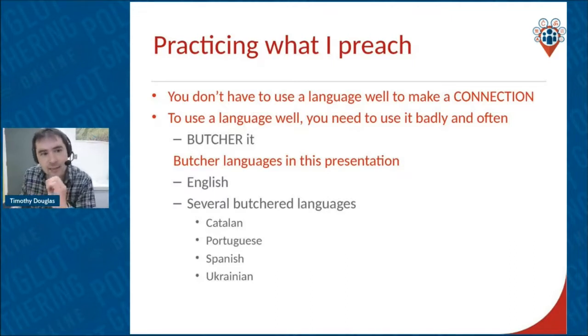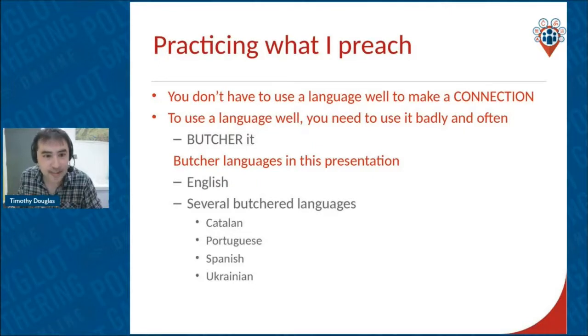And the other reason I want to speak languages badly is because you have to speak languages badly and often if you want to speak them well. So there's no getting around the butchering. You have to, and if you enjoy the butchery part of language learning, I think you will make progress more quickly. And so I'll practice what I preach. I'll butcher languages in this presentation. Firstly, English, my first language. I don't speak English perfectly, even though it's my first language. So I think, why should I be worried about making mistakes in other languages if I can't even get my first language right? And then I'm going to butcher some of the languages that I've learned on Twitter, such as